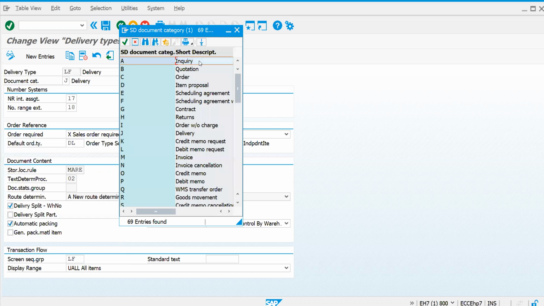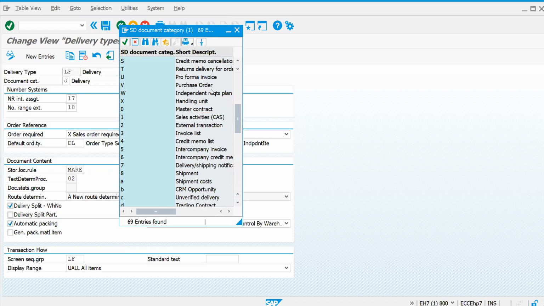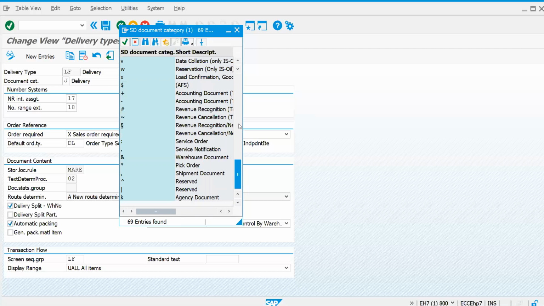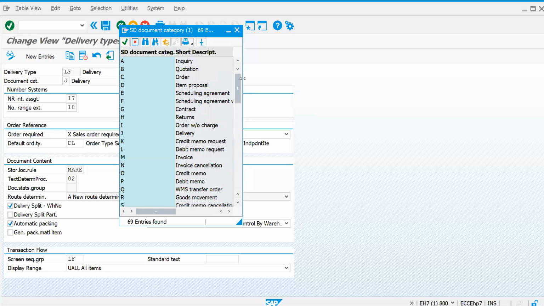Now you see, previously we have seen all these document types: inquiry is A, quotation is B, order is C. Like that, returns is H, contract is G. Now let's get into that. What is this J? J is all about your delivery. In a similar manner, for returns it is T. You can find delivery-relevant item categories according to your convenience and business requirement.